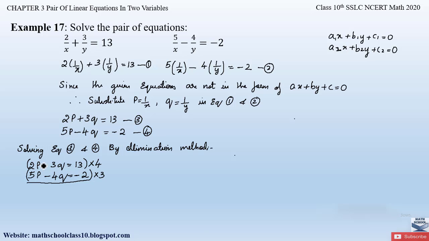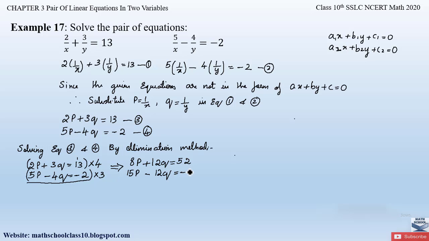So multiplying, we are going to obtain this equation here as 4 into 2 is 8p plus 4 into 3 is 12q equal to, what is 4 into 13? 4 into 3 is 12, carry 1, 4 into 1 is 4 plus 1 is 5, that is 52. Similarly, multiplying the second equation, 3 into 5 is 15p minus 4 into 3 is 12q equal to 3 into